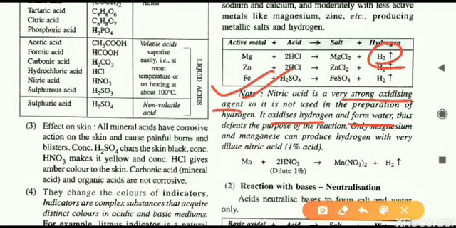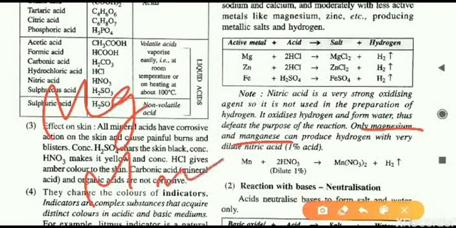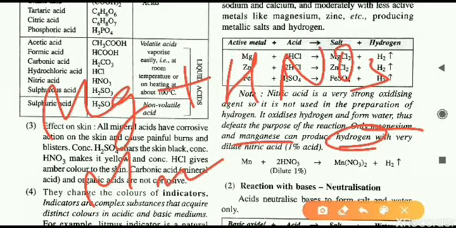Next thing, is there any element where we can use nitric acid? Yes, there is still an element. There are two elements actually where nitric acid will also produce hydrogen gas. What are those elements? One is magnesium, another one is manganese. Mn is manganese. So magnesium and manganese are the only two active metals which can produce hydrogen even with